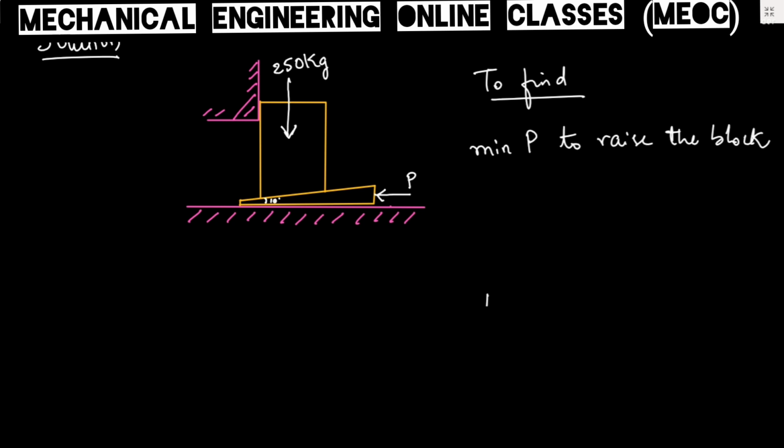When we draw the FBD of the wedge, here comes P, then there will be a normal reaction. Because the wedge will be inserted leftward, the friction will be rightward, and then there is a reaction force from the block also. The reaction from the block onto the wedge will be perpendicular to this inclined plane. A wedge problem is just like a block or object on an inclined plane, so the normal reaction from the block.